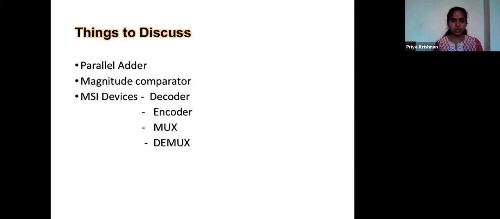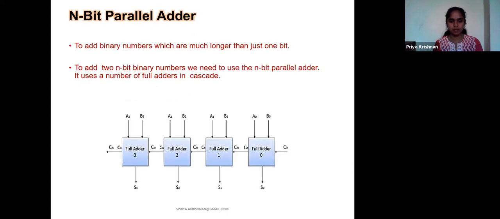If so, then I have to go for the parallel adder. Parallelly, I can add as many bits as needed. That is the parallel adder. For the parallel adder also, I'm going to use the basics we studied in yesterday's class, the same full adder circuit. So I'll take a pen. So what we have here, we have the first block.